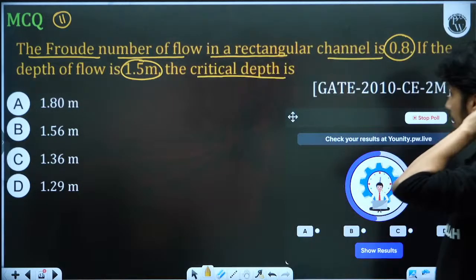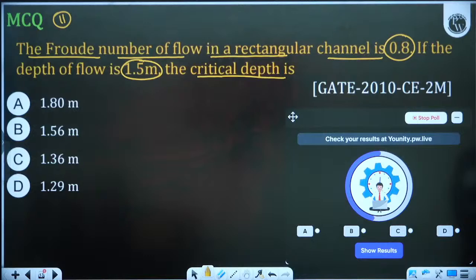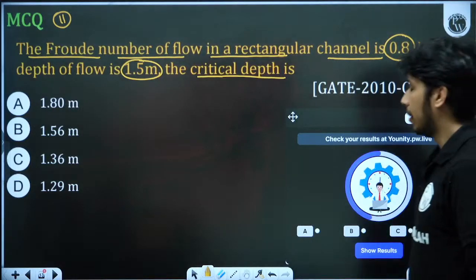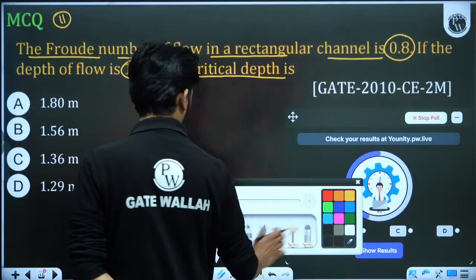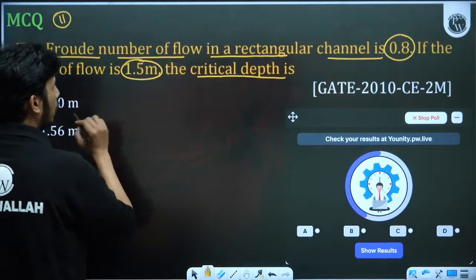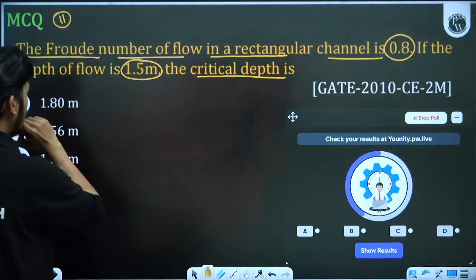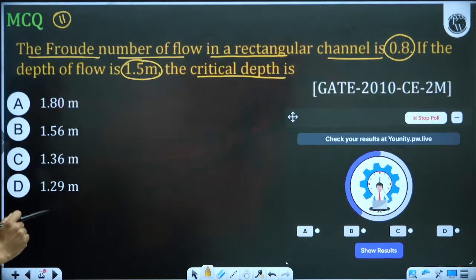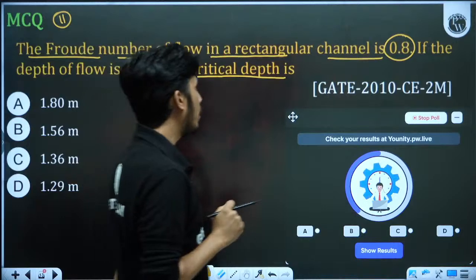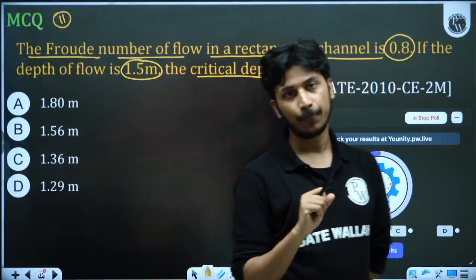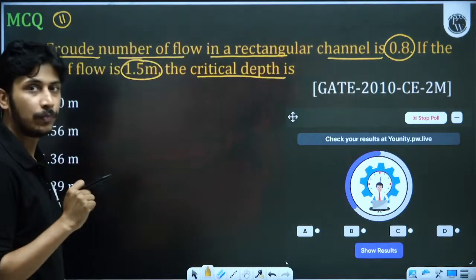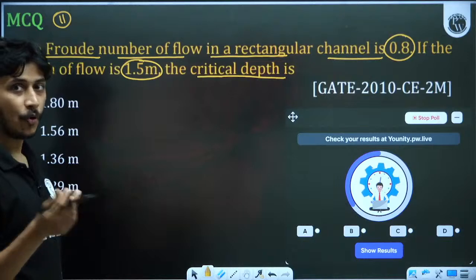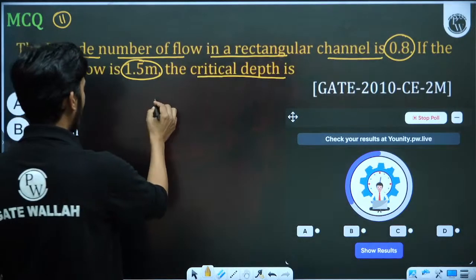चलो आगे करते हैं, कैलकुलेट। फ्राउड नंबर कितना दे रखा है? 0.8 और डेप्थ ऑफ फ्लो दे रखी है 1.5। अच्छा ये सब दे क्यों रखा है? क्योंकि देखो क्रिटिकल डेप्थ निकालने के लिए आपको Q चाहिए, और Q डिस्चार्ज कैसे मिलेगा? आपको कोई डेटा देना चाहिए, तो उसी लिए डिस्चार्ज निकालने के लिए डेटा दे रखा है।